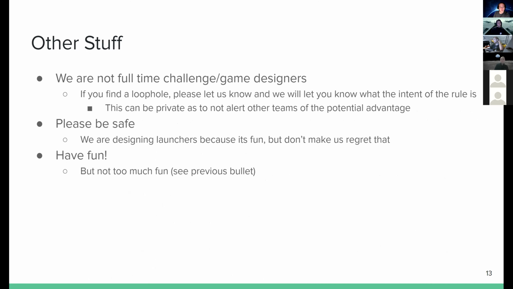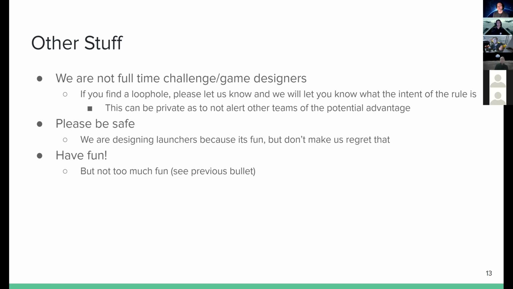All right. So there's just a couple other things. We are not full-time challenge or game designers, as you may have figured out. This set of rules has a lot of details, but I don't pretend that there aren't probably loopholes here that we didn't think of. If you find a loophole, please let us know, and we'll discuss what the intent of the rule is, potentially